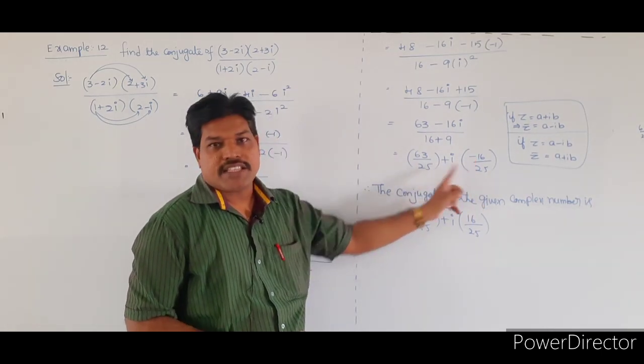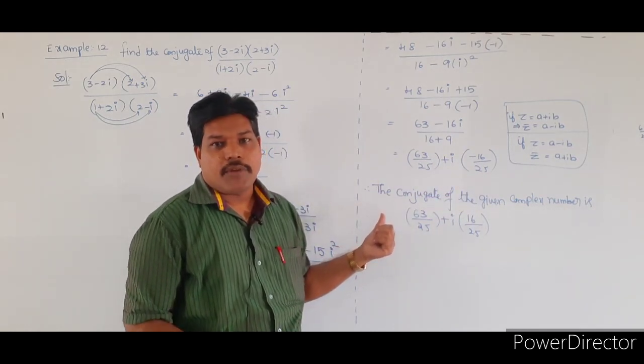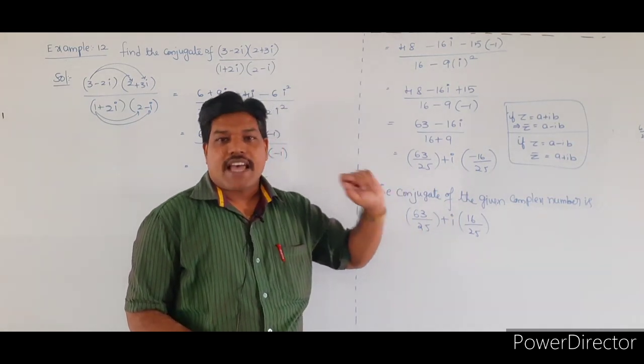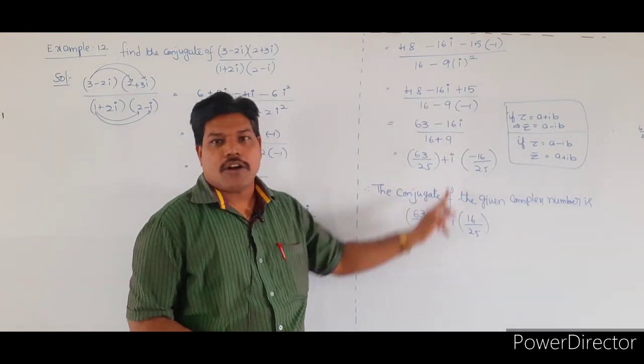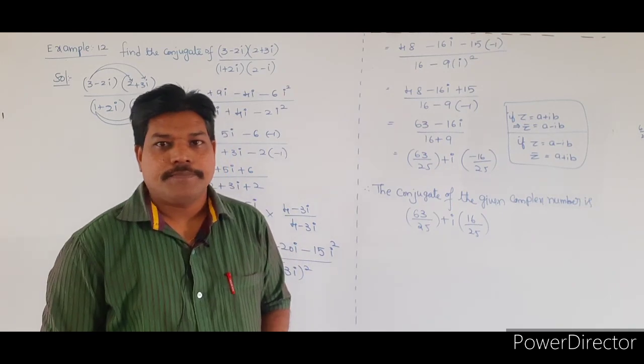That meaning is a minus ib. The conjugate of the complex number will become a plus ib. So automatically this minus will become the plus only. The sign of i will be changed, that's all. If it is a minus, it will become plus. If it is a plus, automatically the conjugate will become the minus, that's all. Okay. See that question, students.